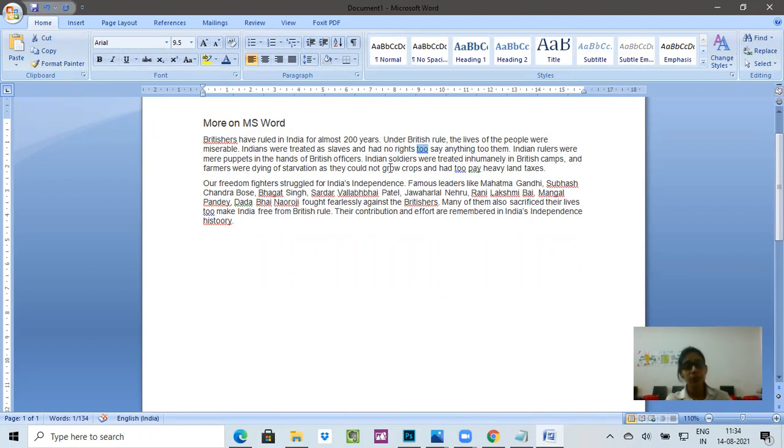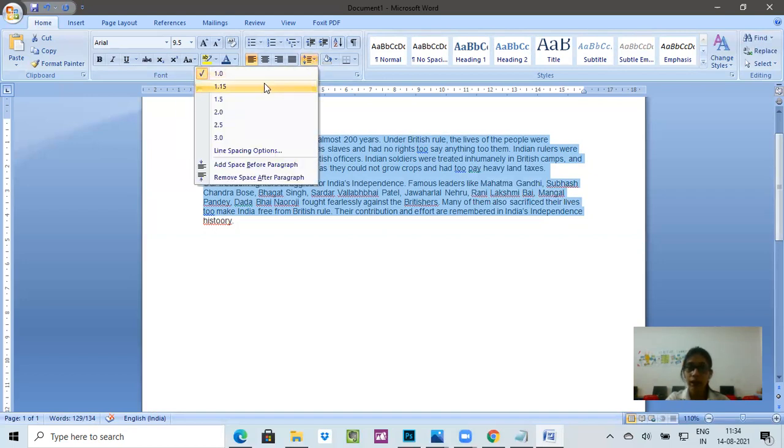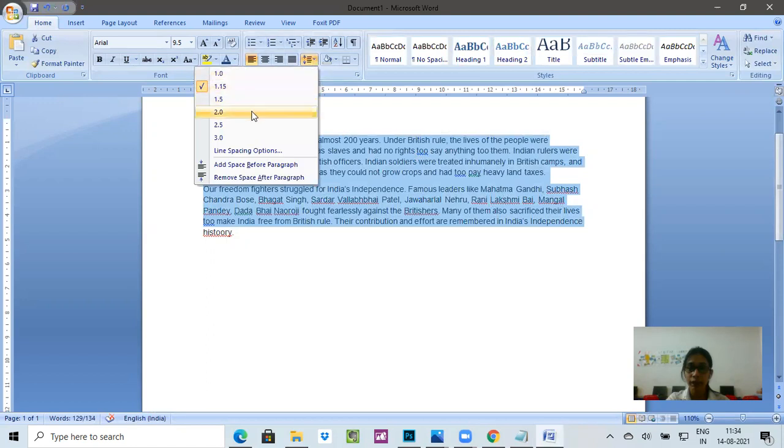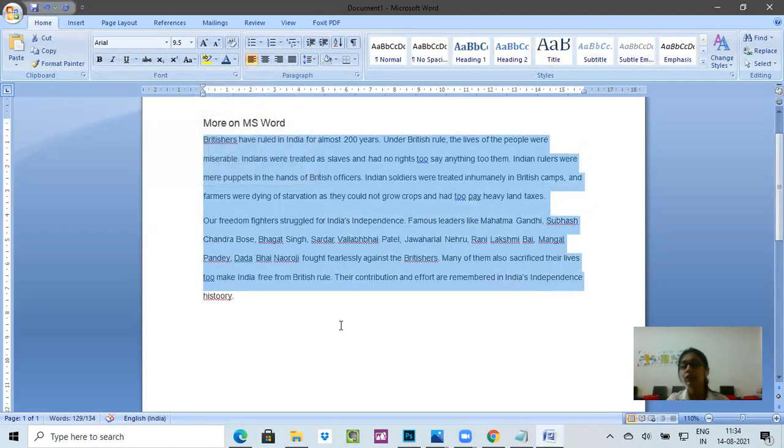Now let's come to line spacing. You can see that these lines do not have good spacing. I want to create a space in it. For creating a space, first of all, you select the paragraph. Now again in the home tab, but now in the paragraph group. In the home tab, but in the paragraph group. Find and replace were in the editing group. Now in the paragraph group, you have to click on line spacing and you can select the line spacing. See, when I click on something, it increases the space and it can also decrease the space. So this is how you increase the space of the paragraph.